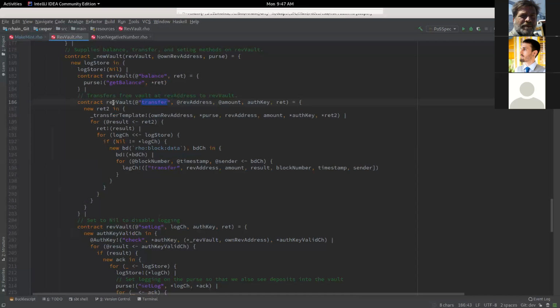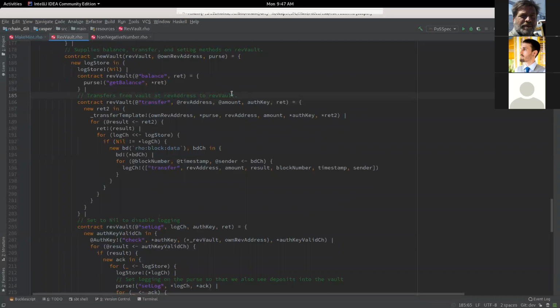Okay, so it looks like this is the vault that the tokens are going to, and this rev address is the address associated with some vault that also has this auth key associated with it, that wants to transfer rev to this rev vault.